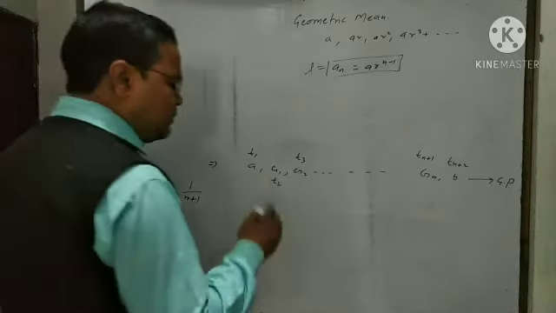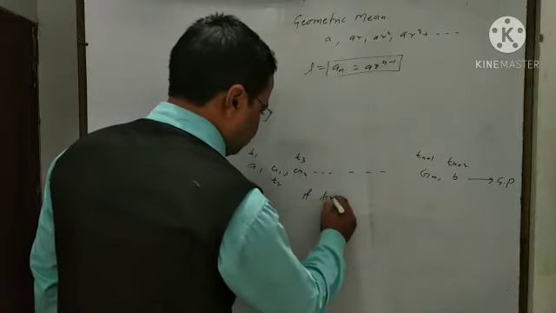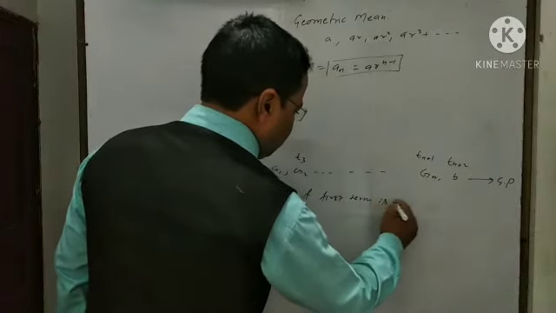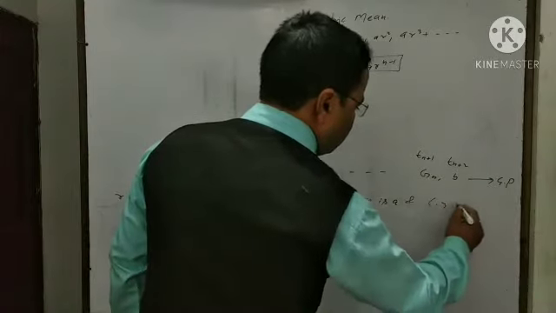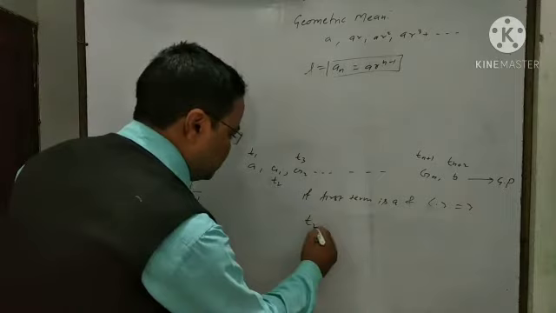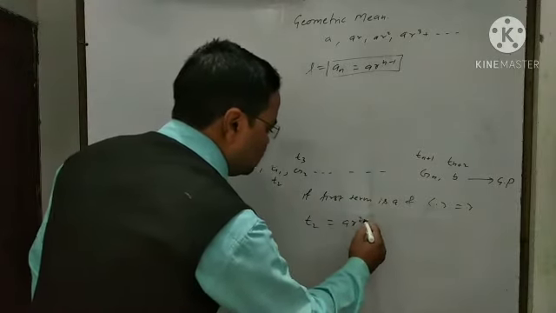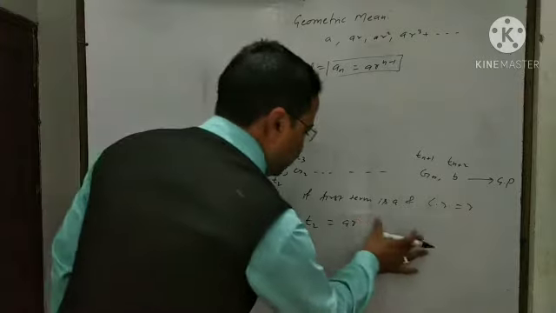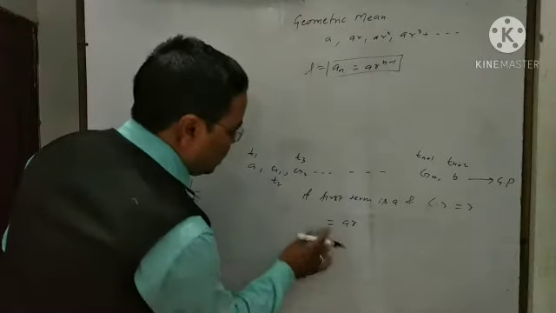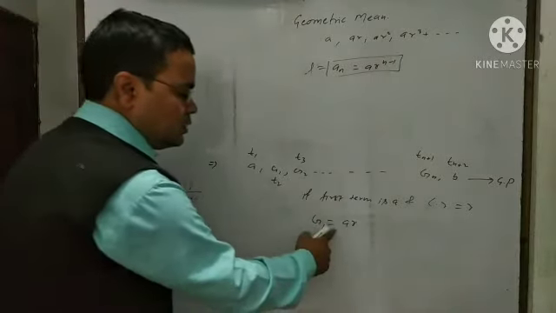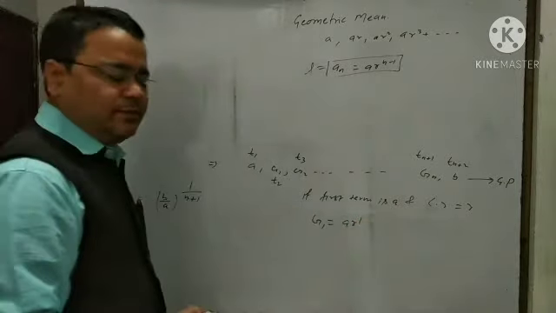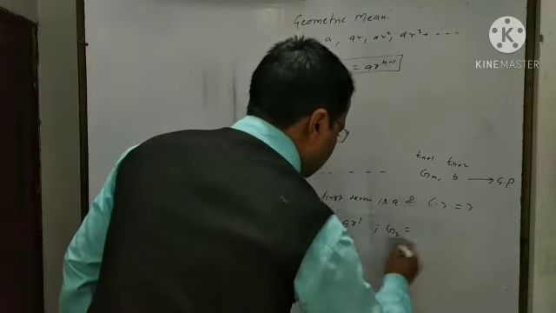And we know that if the first term is a and common ratio is equal to r, okay, then the second term t2 is what? a r to the power 2 minus 1, which is simply a r. Okay, and what is t2? At the place of t2 we can write g1. It means g1 is equal to ar, or simply we can write g1 is equal to a r to the power 1. Get it?